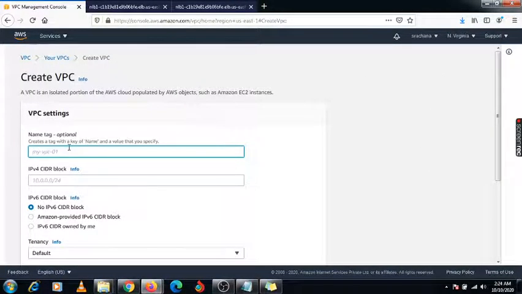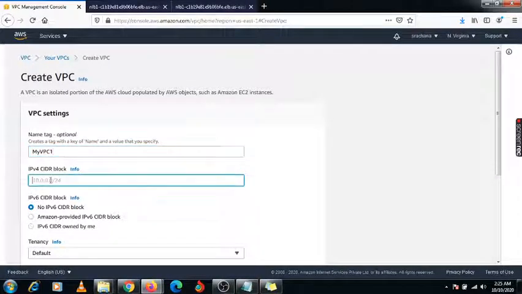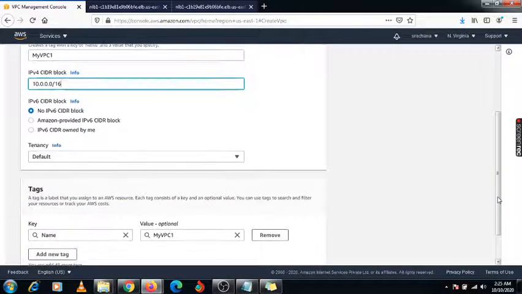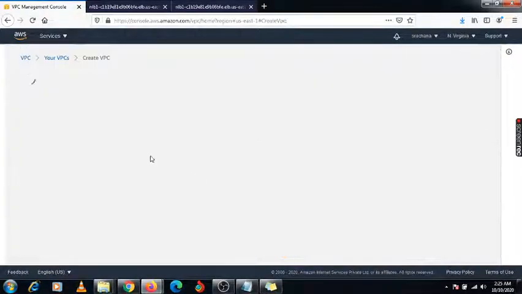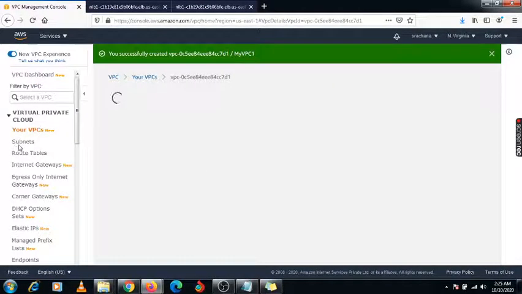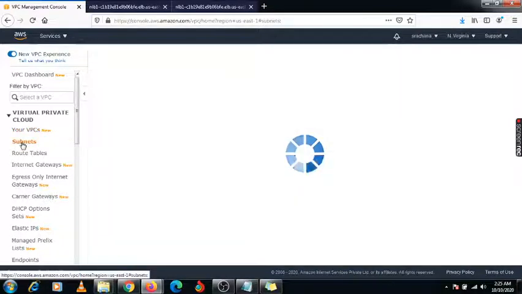Create, giving the name my VPC 1. Here I am going to use this CIDR, 10.0.0.0/16, and create it. Yeah, now my VPC is created.